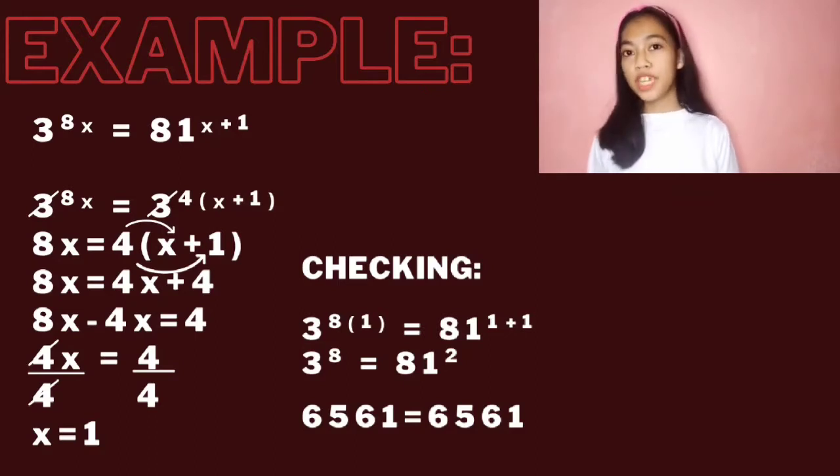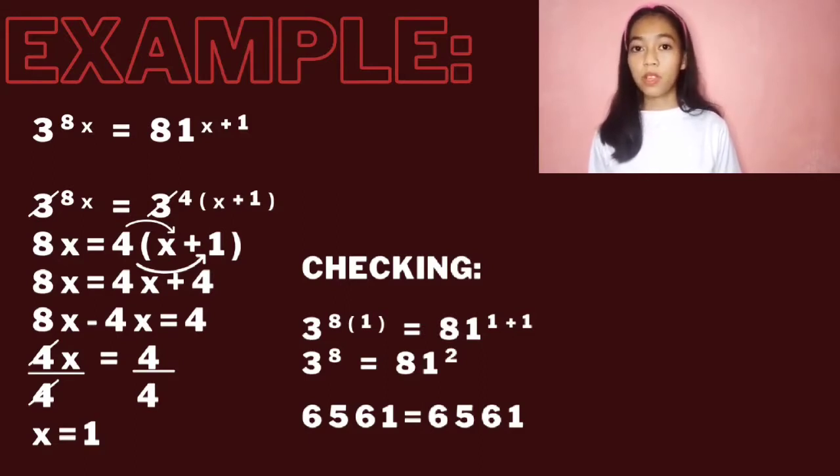After that, we need to use the distributive property on 4 times x plus 1. 4 times x is equal to 4x and 4 times 1 is equal to 4, and we will rewrite it as 4x plus 4. Then we need to transpose 4x to the other side to become 8x minus 4x equals